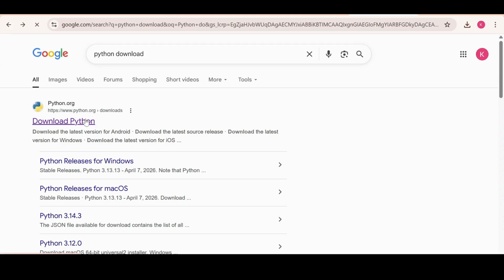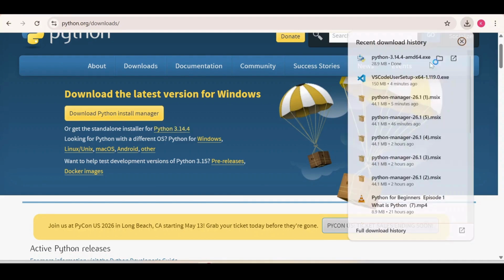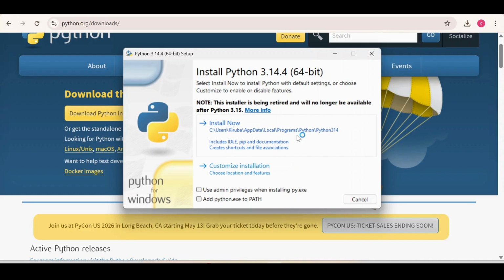Now, once the website opens, you will notice there are different download options available. Previously, we used the main recommended installer, the quick download button. But today, we are going to explore the standalone installer option. It starts the download, and once you click that download button, you'll get the wizard